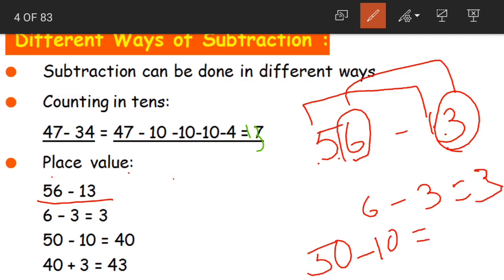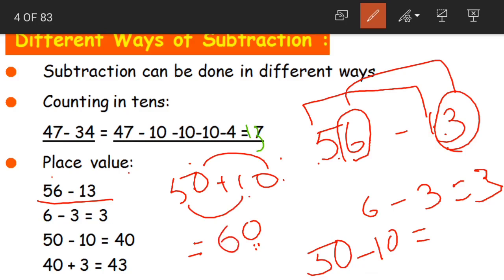Yes, children, if you remember oral addition, 50 plus 10, how will we do that? We have 0 in both the numbers at the same places. So 0, 0. We have 0 in the answer. Now 5 plus 1 becomes 6. In the same way, we have 0 in both the numbers at the same places. So 0 we are writing in the answer as well. Now before these zeros, I have 5 minus 1. What is 5 minus 1, children? 4. Sorry, 5 minus 1 is 4. So 50 minus 10 is equal to 40.